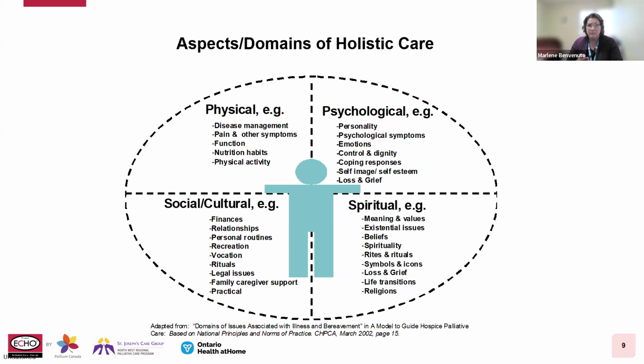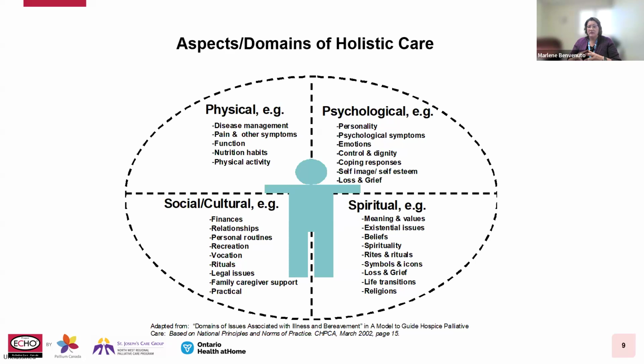It can impact them through finances. Maybe they're the person in the family unit that supports the family financially and now are not able to work. It may impact their relationships with the immediate family or friends and family outside their home,